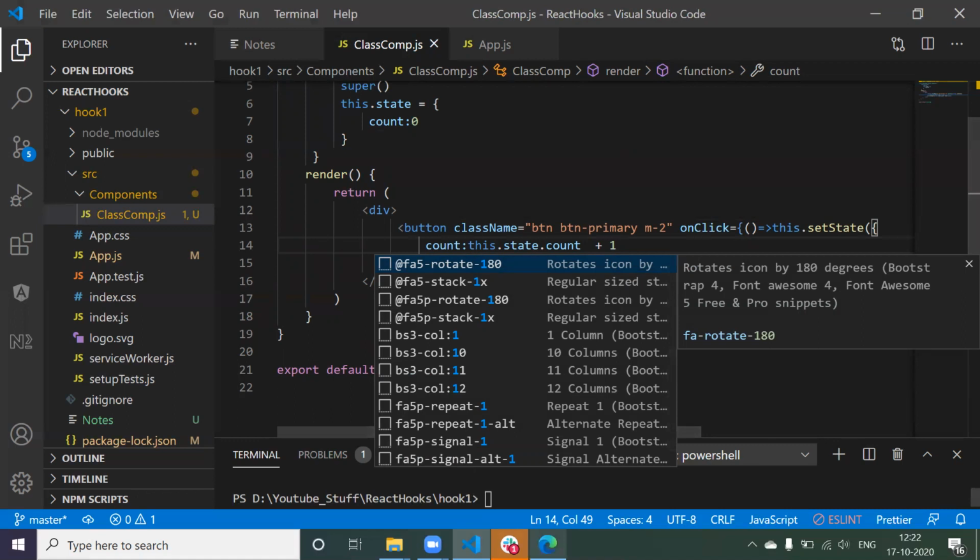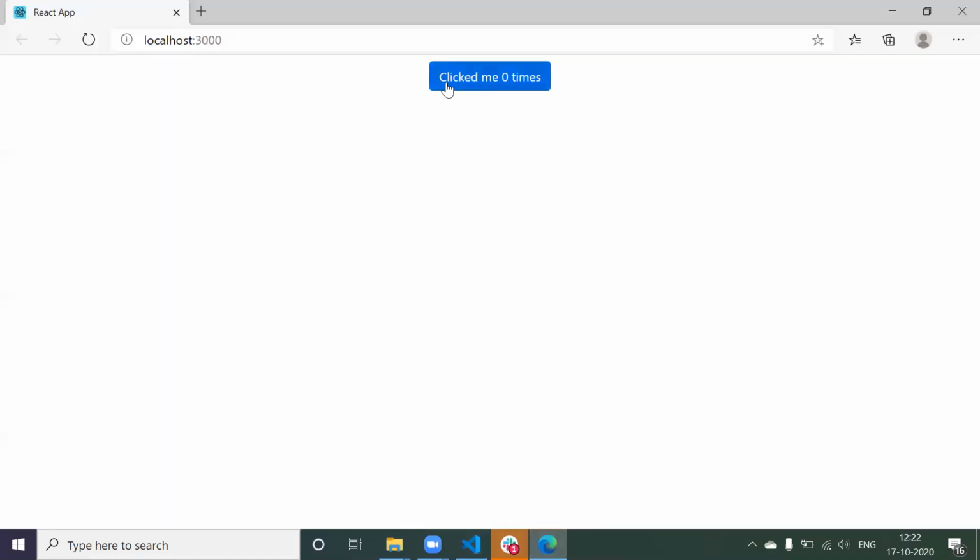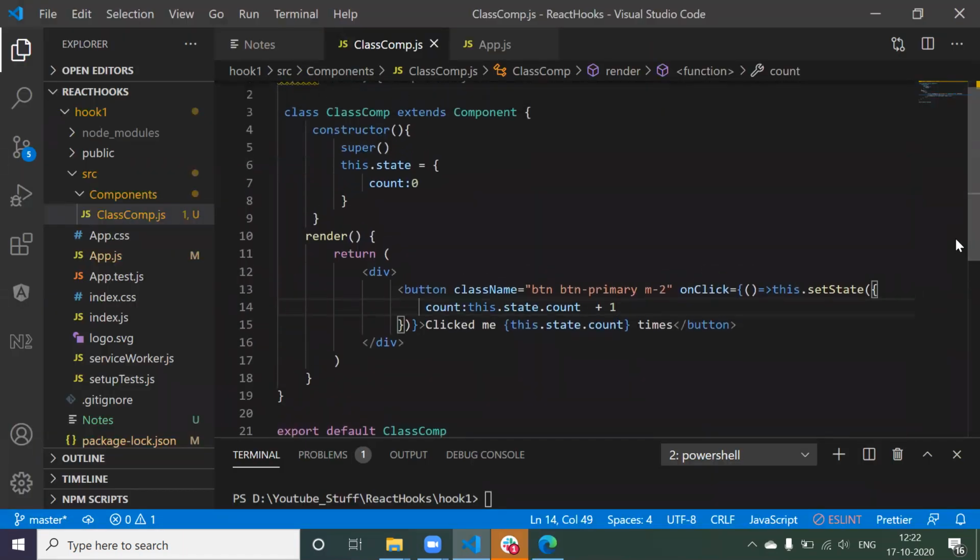It's very simple. So I'm coming here this time. Now whenever our application is going to load, it's 0 times. Whenever I'm going to click 1, 2, 3, if I'm clicking 4, 5, so it is changing. It means we have created a state where we are going to maintain the value of how many times the user has clicked. The first time when the application is going to load, it's a 0. So whenever the user clicks, this particular function is going to trigger, and it is going to track how many times that particular user has clicked the button.